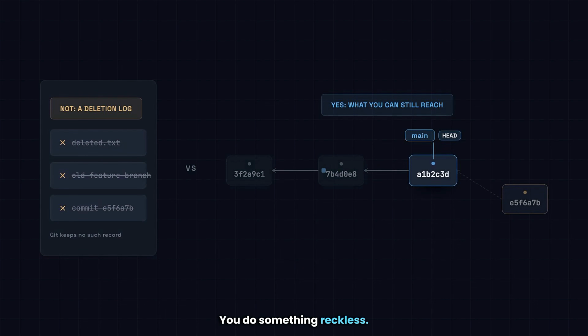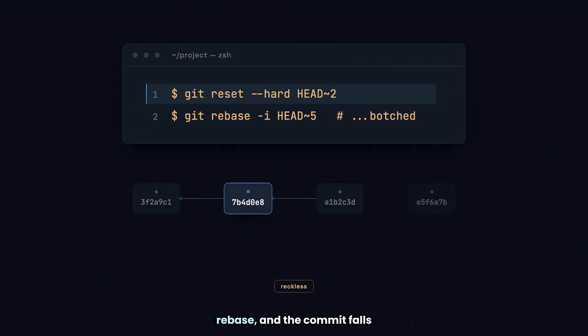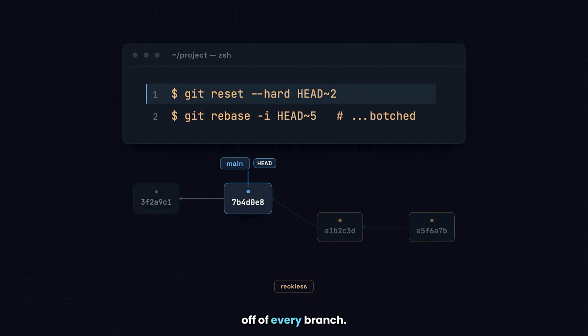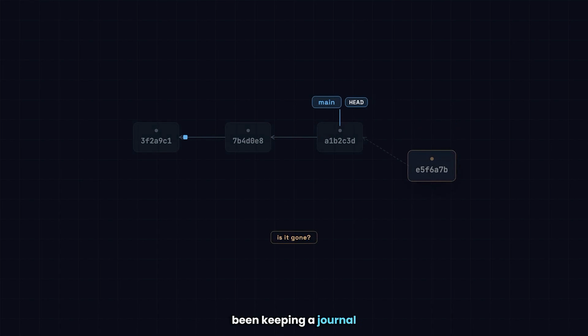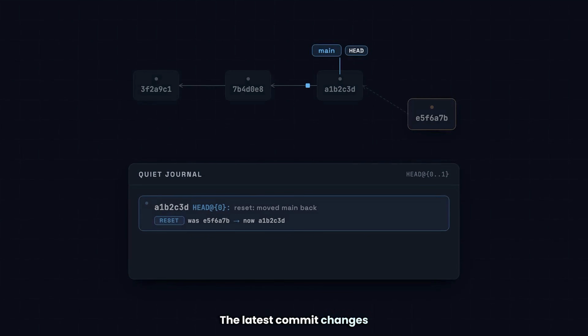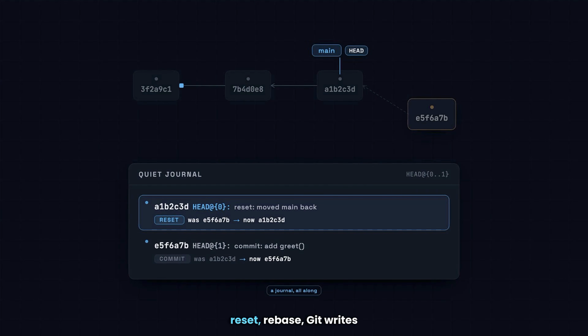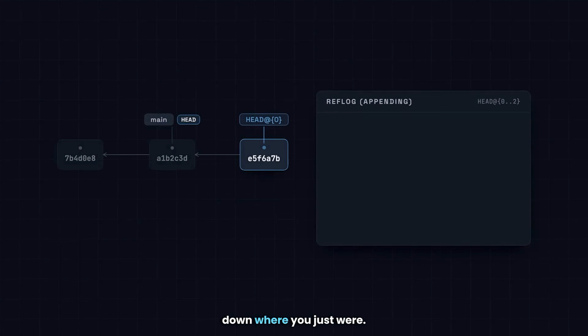So now, picture the scary case. You do something reckless, a hard reset, a bad rebase, and the commit falls off of every branch. Nothing points to it anymore. Is it gone now? Not yet, because Git has quietly been keeping a journal this whole time. Every single time the latest commit changes, every commit, checkout, reset, rebase, Git writes down where you just were.